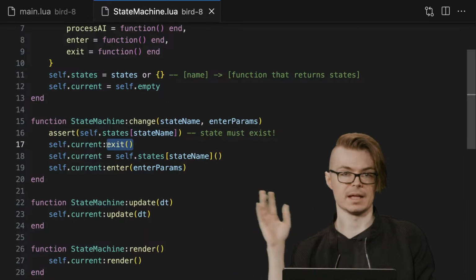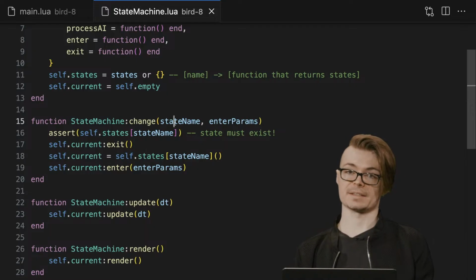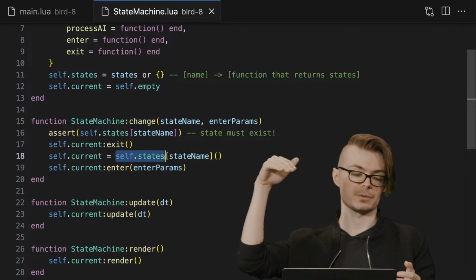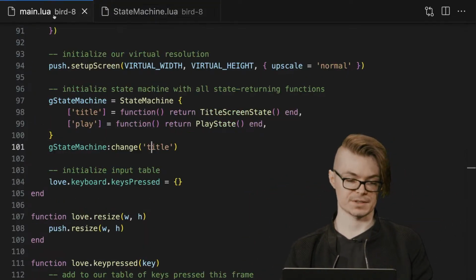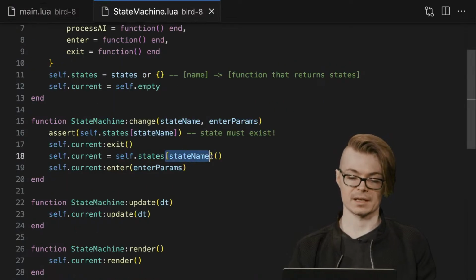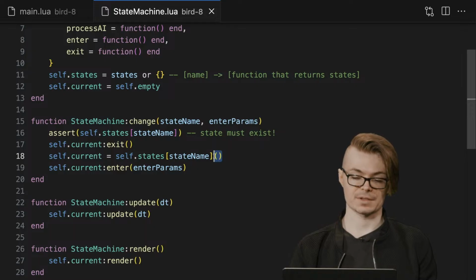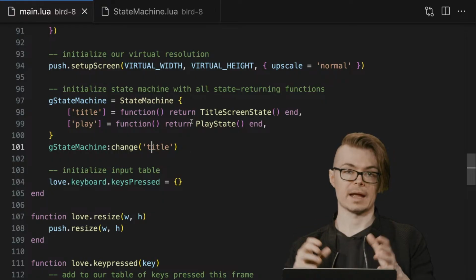That could be cleanup, that could be any sort of thing. And then it will change whatever the current state is to whatever the state name value that we pass in is. It maintains its own state. It's this self.states, which is this table of as many states as we want. We saw that in main.lua. Then notice that it looks it up by the key, and then it will actually call it with these parentheses here. So it assumes that a function is going to exist there. And that's why these are also anonymous functions here. So these get called and then returned